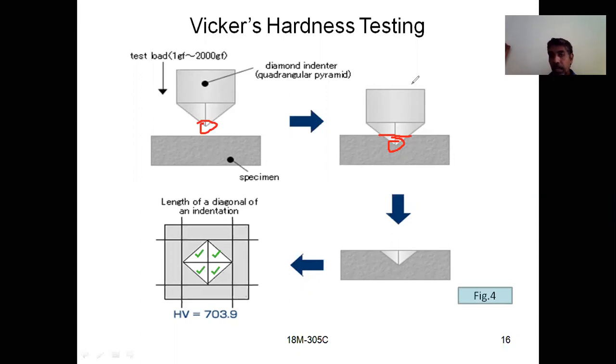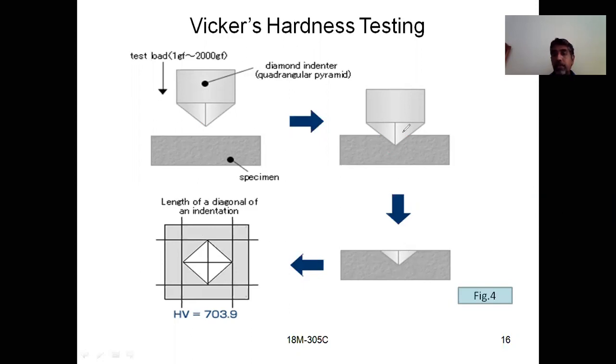If you see here, I will show you it clearly. What is happening? This indenter penetrates into the material. So this much penetration occurred here. This much penetration occurred here. If you see the top view, you will get this view. So from the top, you will get like this. And if you see from the front, you will see like this.